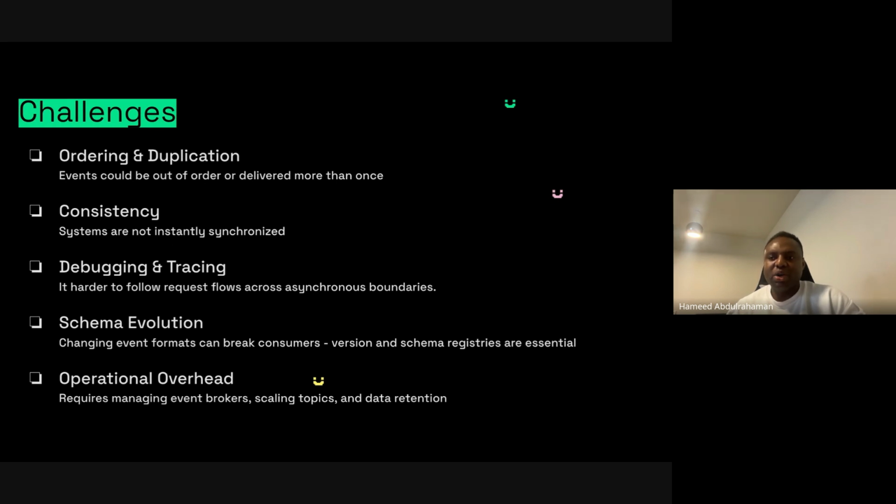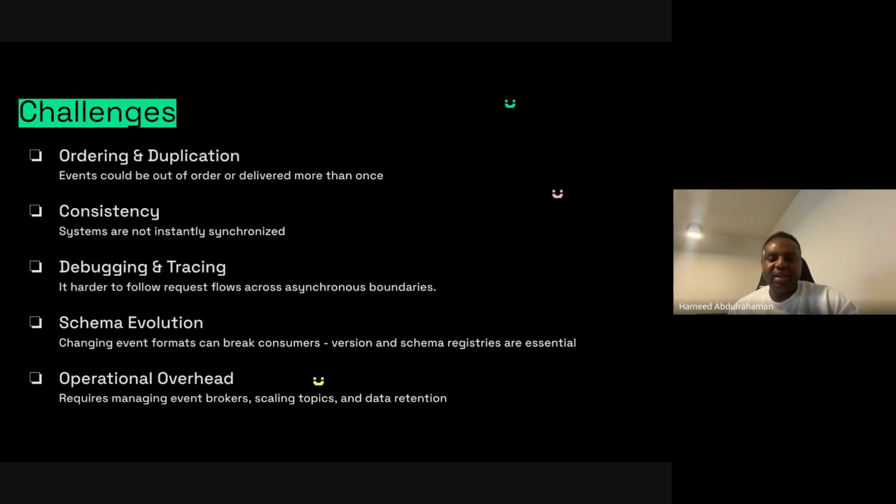And this could be due to probably an internet error, like a scenario whereby there's a cut in communication, a timeout or whatever it is. But then you have duplicate events that have been communicated to probably the email notification service, then you get multiple emails. So this kind of scenario is actually common in event-driven architecture. But you can solve this with things like idempotency keys. You can have correlation IDs, and all that could solve this issue of duplication of requests. So yeah, it's an issue, but there are still mitigations regarding it.